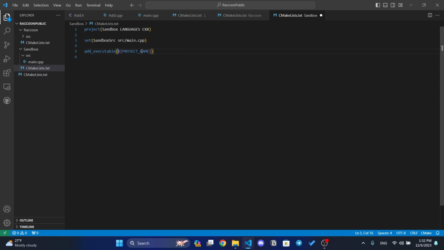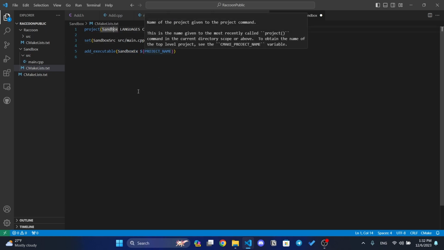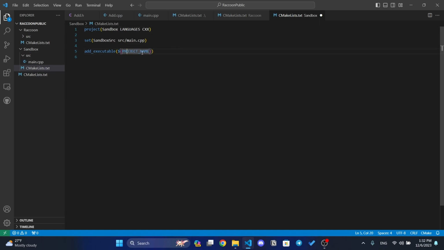yeah. But just in case for you to know that you can use whatever name you want. A lot of people always use this, and I am also this person that uses only project name to add executable and stuff like that. But it's not like CMake forces you to use the same project name for your executable name. It's just an executable name. It doesn't need to be the same as your project name. So in case, just for you to know, and we need to add executables, and